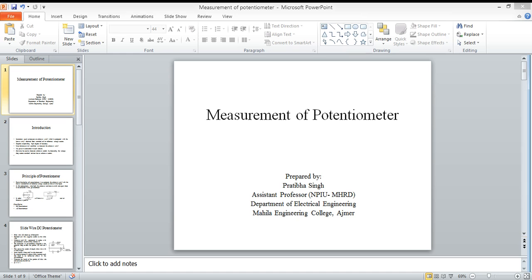We have discussed the two wattmeter method, the one wattmeter method, Blondel's theorem, the drawbacks of each one of them, and how the three-phase power is measured in both delta as well as star connected systems, along with the power factor calculation by the two wattmeter method. This was done in the previous class. So in today's class we are going to study the measurement using a potentiometer.